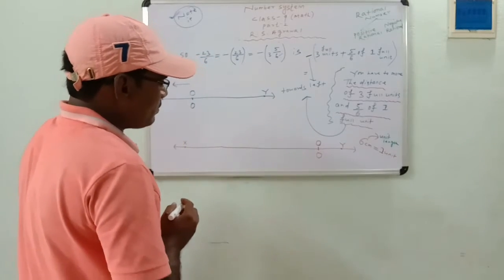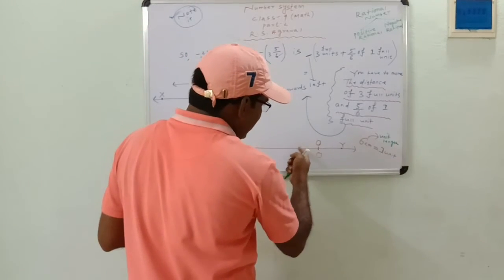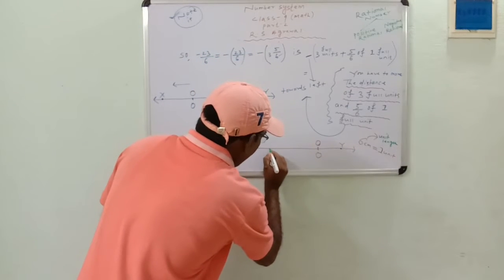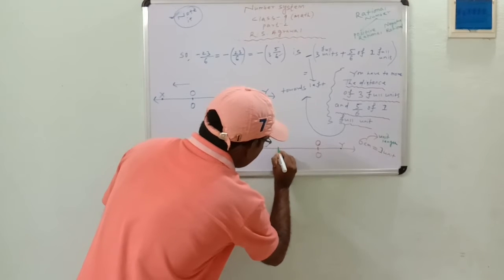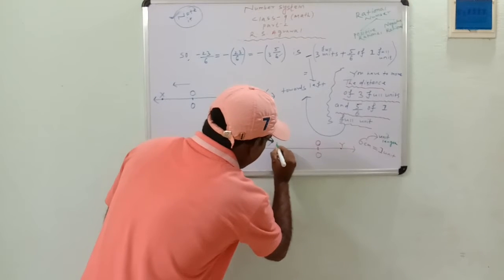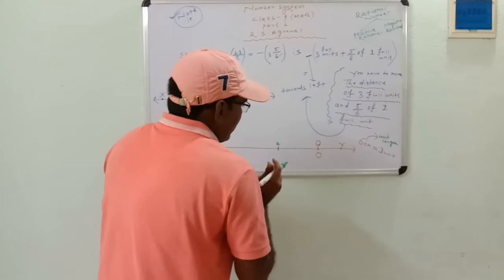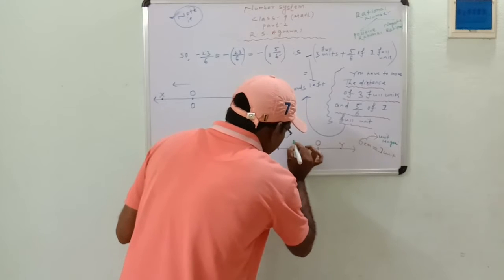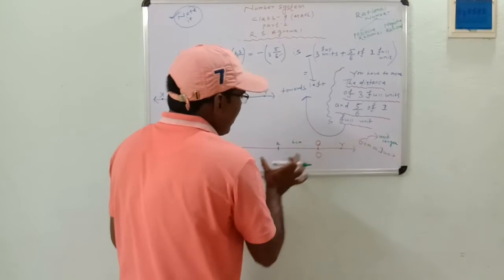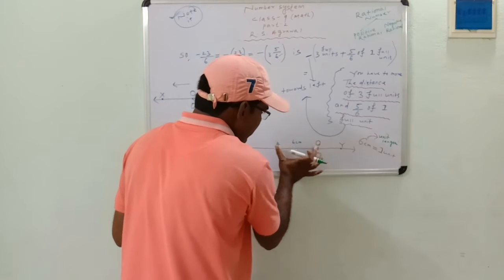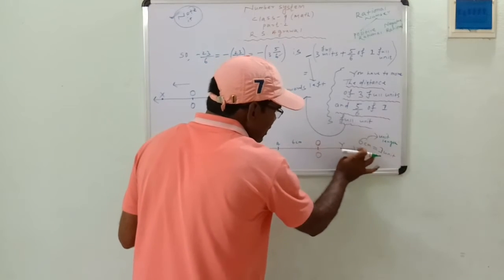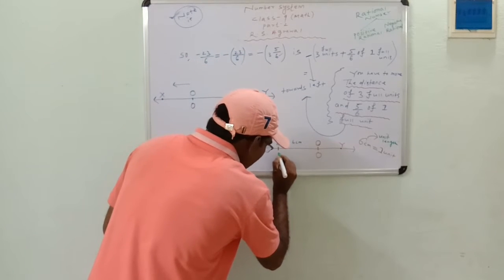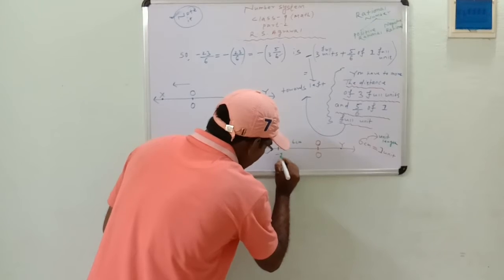Therefore at 1 unit distance, it means at 6 cm distance, mark another point, that is A. It means from point O to point A, the distance is 6 cm and it is 1 unit. It means 1 unit is equal to 6 cm. Now this point will represent the rational number minus 1.